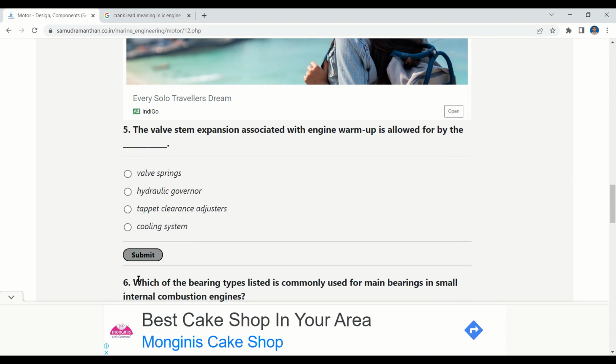Our next question is, the valve stem expansion associated with engine warm-up is allowed for by the, and the options are: valve springs, hydraulic governor, tappet clearance adjusters, cooling system. Tappet clearance is provided for the expansion due to rise in temperature, so the correct option should be tappet clearance